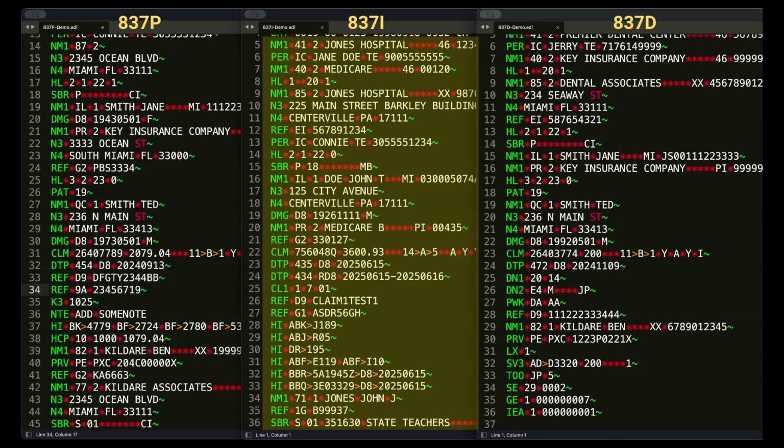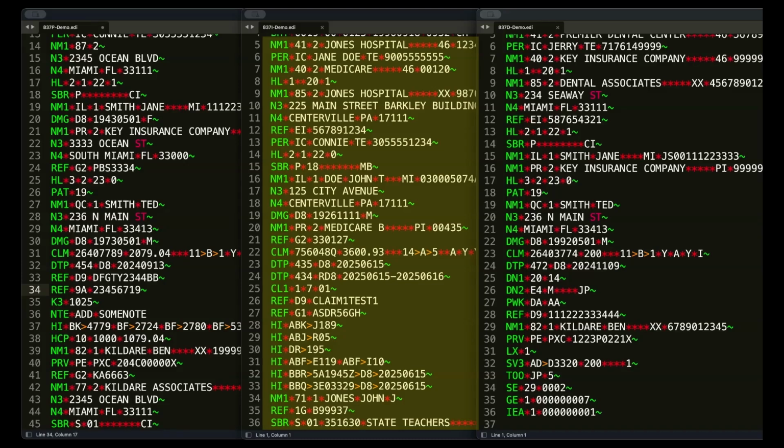Then the admission date, you see here, statement, range of dates, we see here. So then the very important CL1 segment for institutional claim codes, it has the admission type 1, which is for emergency, admission source 7, again for the emergency room, and it has 01 for the patient status code at discharge, which stands for a routine discharge. So for this patient, it was a routine discharge that had happened. Then the claim ID is in Ref D9, prior authorization number is in Ref G1 segment.